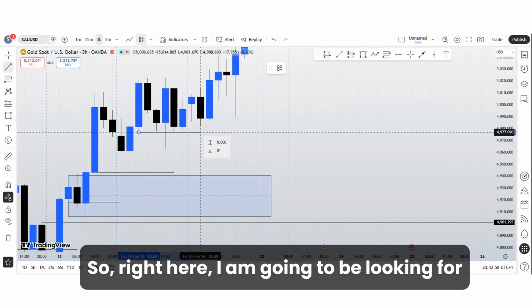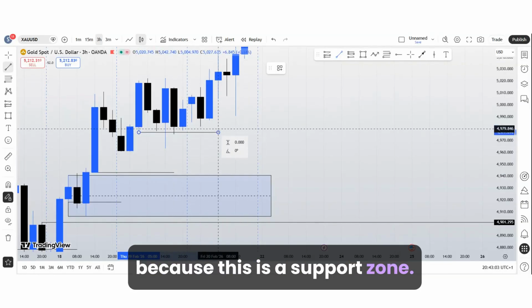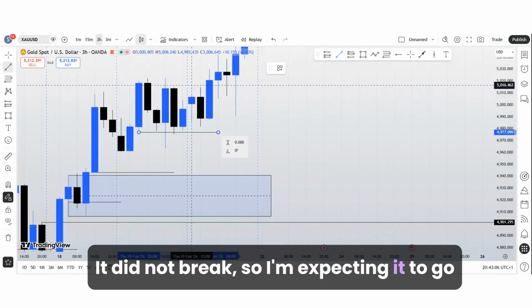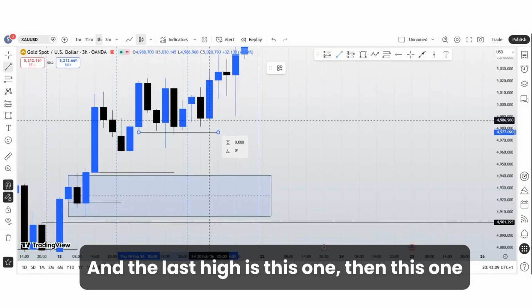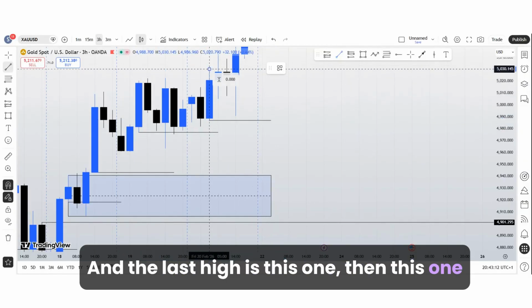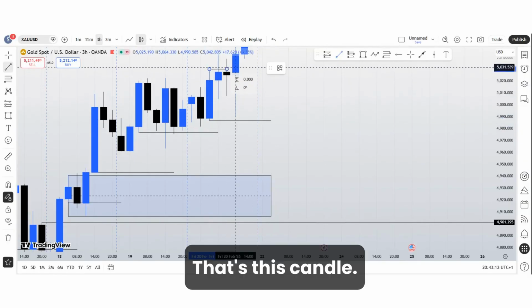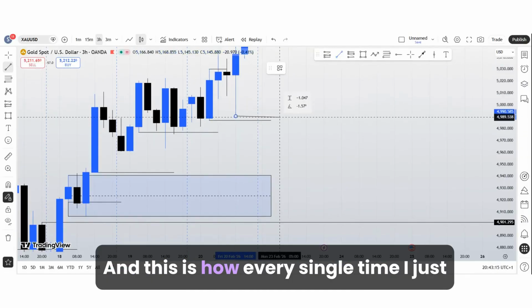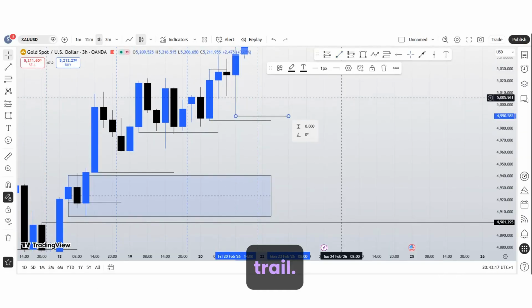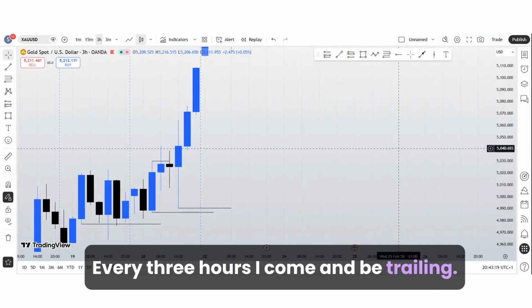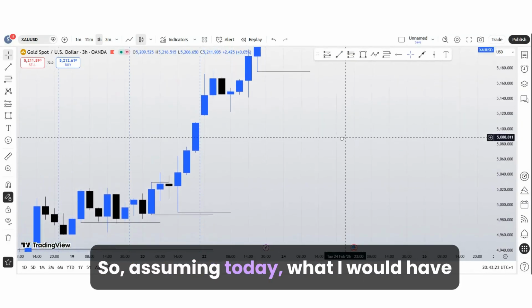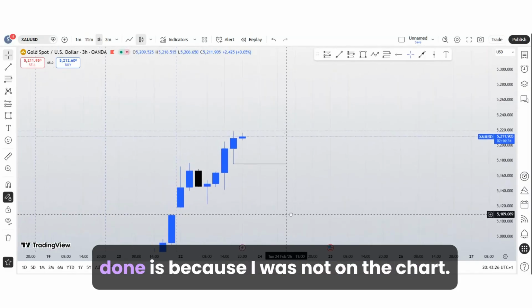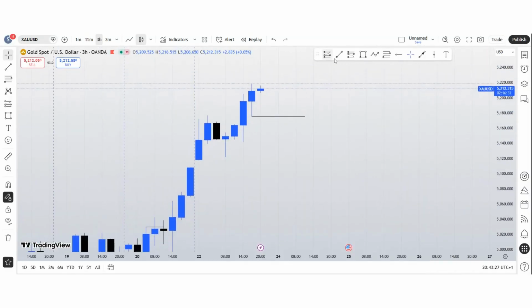So right here, I am going to be looking for, because this is a support zone. It did not break, so I'm expecting it to push to the upside. And the last high is this one. Then this one broke here. That's this candle. And this is how every single time I just trail. Every 3 hours, I'll come and be trailing. So assuming today, what I would have done is, because I was not on the chart, this